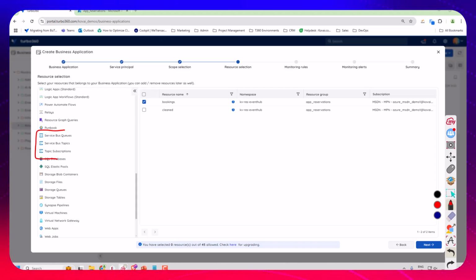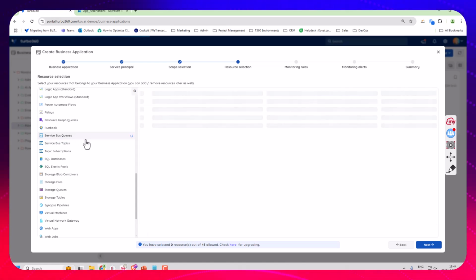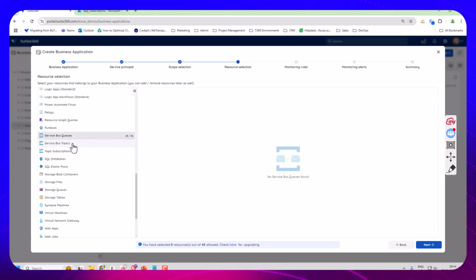So what I can do is, let's say, in my service bus, I might have 300 queues that are serving different use cases, but there's only maybe one that I care about for this application. So we could add that queue, or we could add that topic. Now,